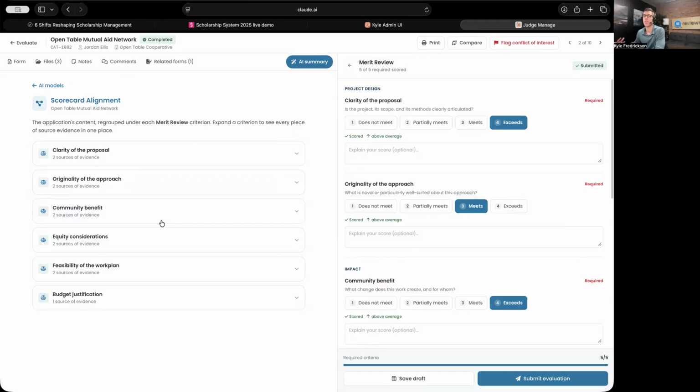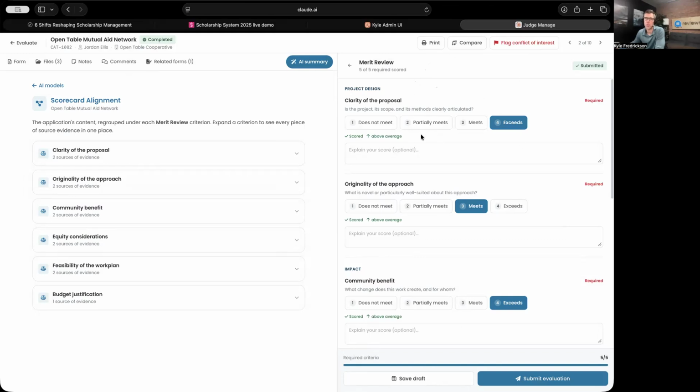So what you could instead do is load your scorecards into the AI prompts. In this example, we've got a scorecard called community benefit. We have a section here called clarity of proposal. The challenge with this is the data that the review team needs for clarity of proposal might live in three different file uploads, two different essays, and then one resume or one reference. So it requires your team to read through all the information, remember what they read, find it, score it, and